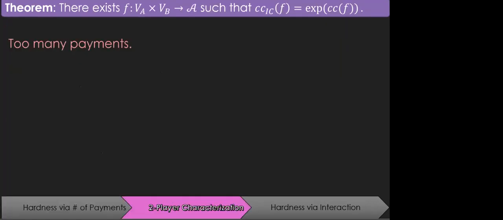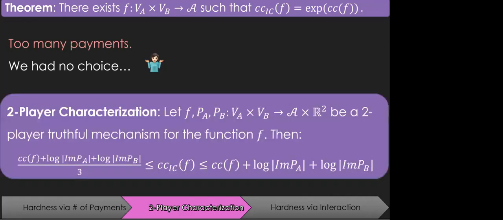As we've said before, the hardness of payment computation in this case is based solely on the huge number of payments. Now we will explain why this feature was essential to the proof of the theorem, and we will do that by presenting the following characterization for two-player settings. The communication complexity of a function and its payments in this case is completely determined by